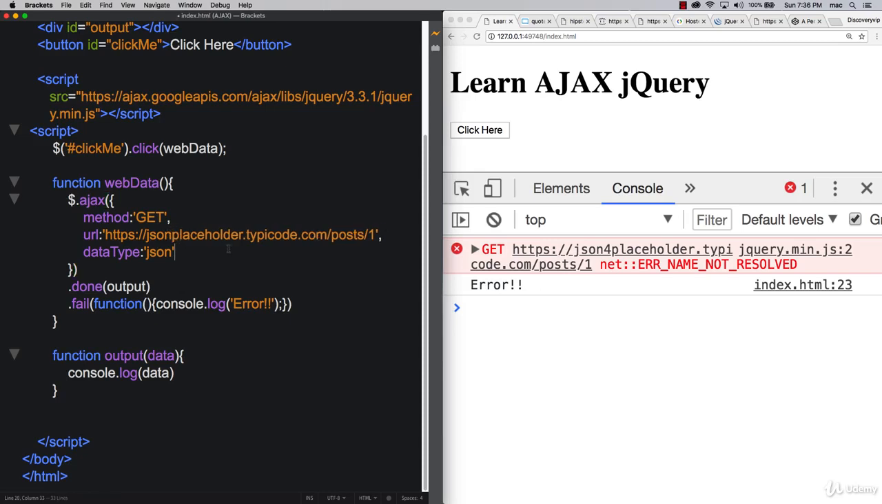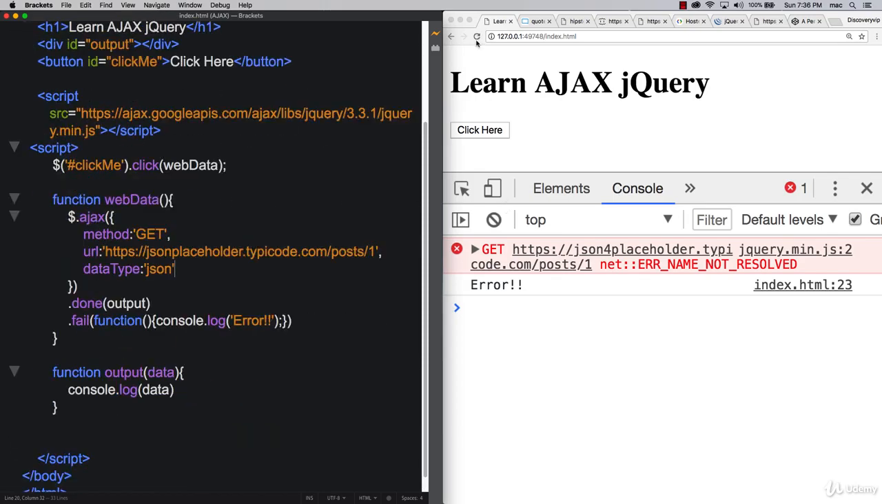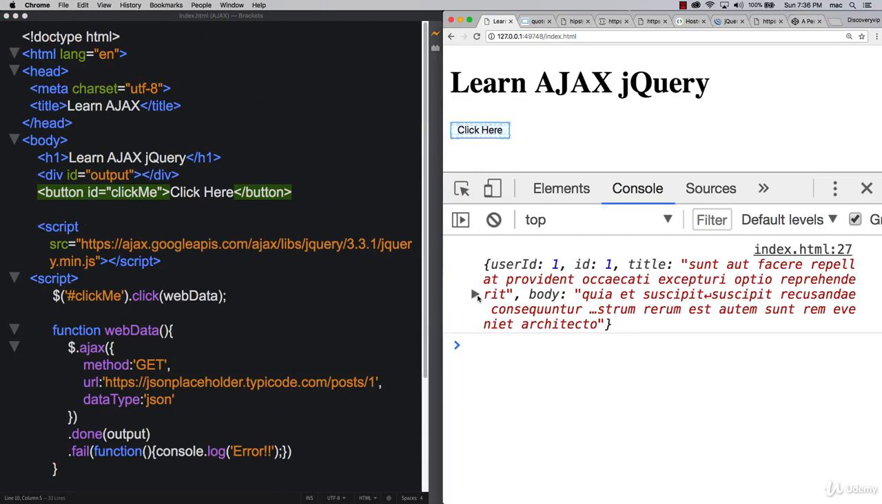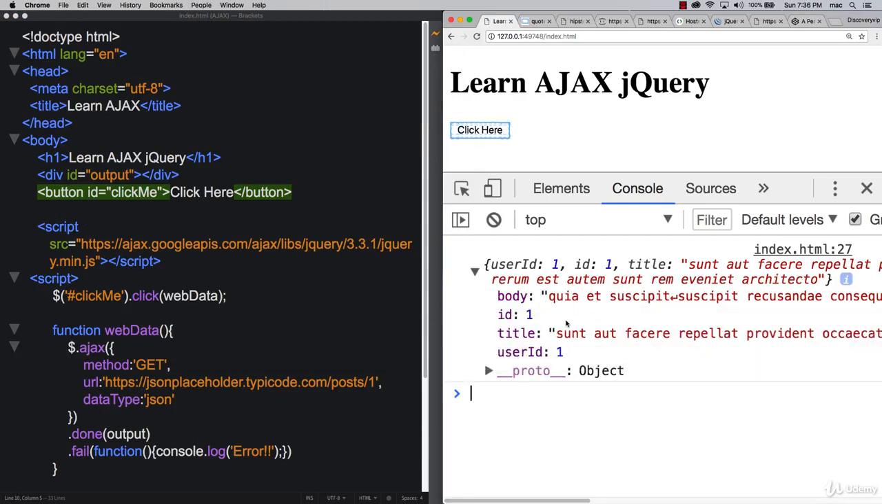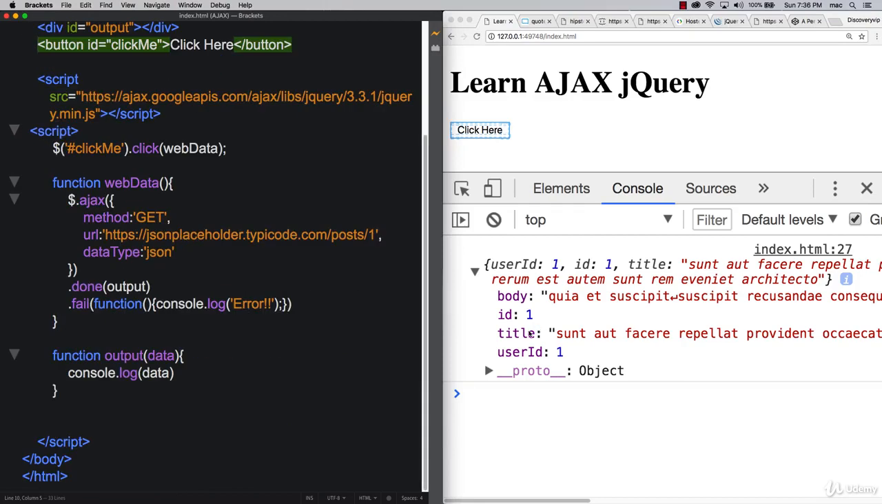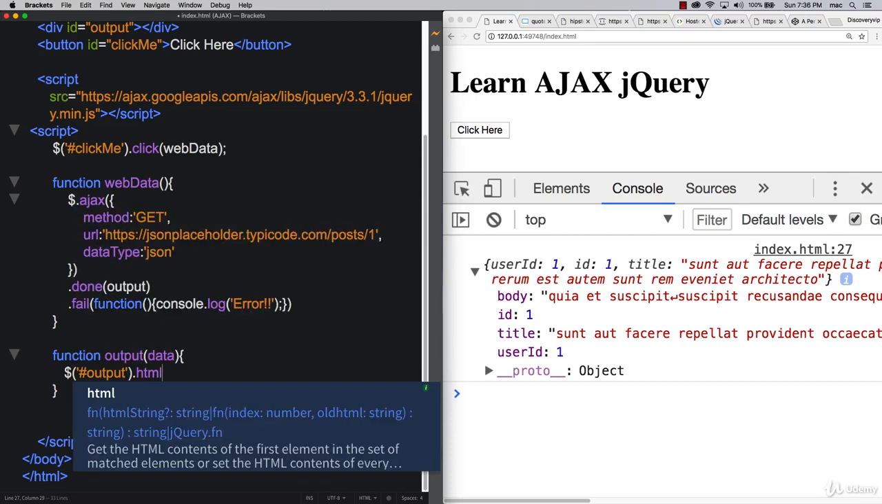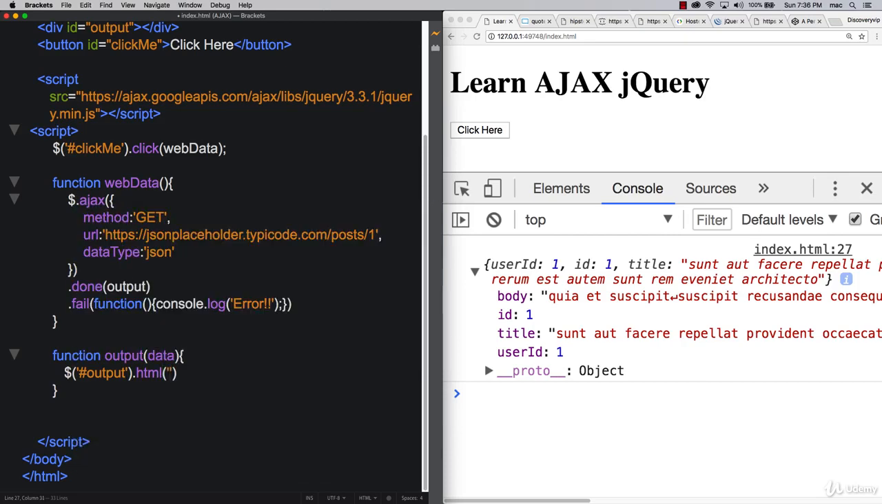So let's change that URL back. And now let's output something into our HTML. And let's refresh, make sure it's still working. And you can see all of this information that we're outputting. So let's output the title and the body into our output area. And this is going to be really easy because we can simply do something with that JavaScript element of output. So we can grab it using jQuery, and we can update the HTML,